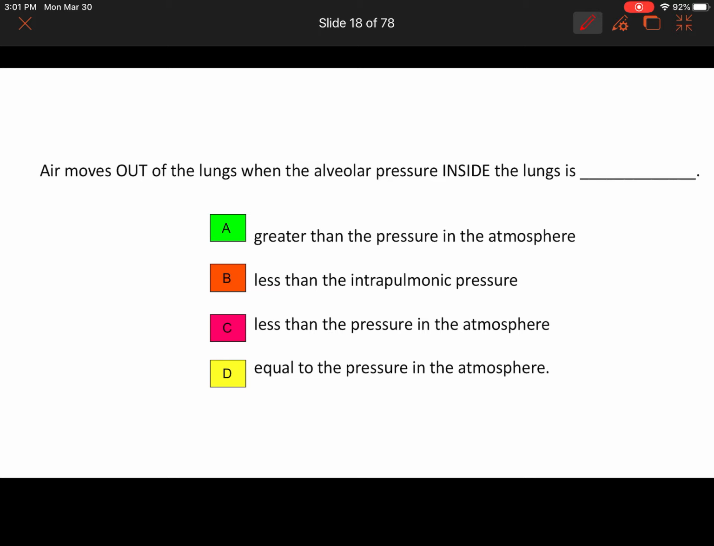All right. Well, after considering those choices, I hope you chose A, greater than the pressure in the atmosphere. Remember, the pressure inside has to be greater than the pressure outside, and so that